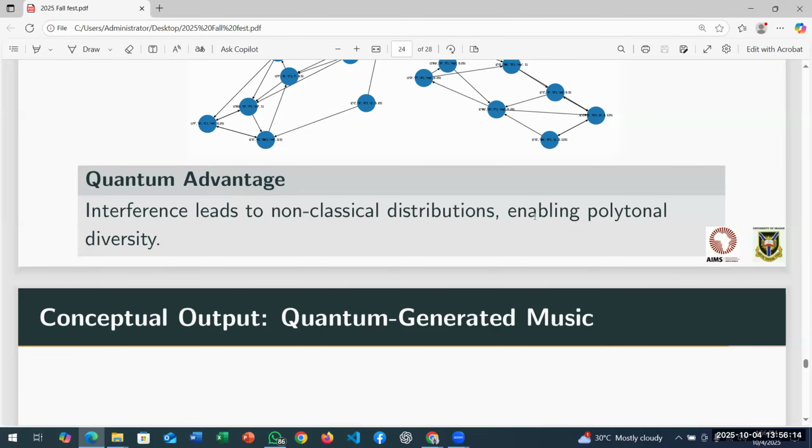So this concept of music that was used here is what is referred to as polytonality. Polytonality means that we have different tones, different melodic tones, playing together. These 4 musicians were playing using different instruments. One is using clarinet, one is using horn, one is using flute, one is using